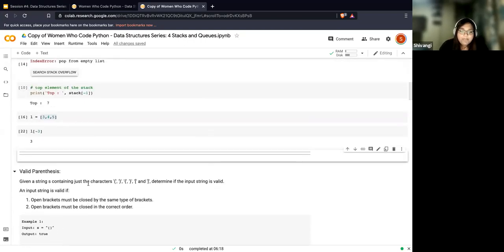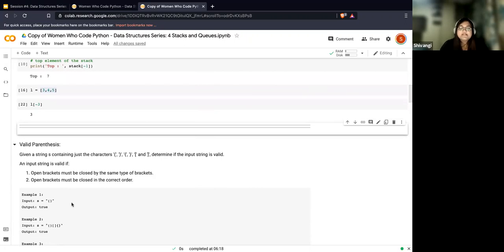So we've discussed the major operations you will be needing, right? Pointing to the top, removing and adding things to the stack, and the if and else or your try catch blocks which you have to put and where you would want to put them, the stack underflow and the stack overflow conditions. Okay.